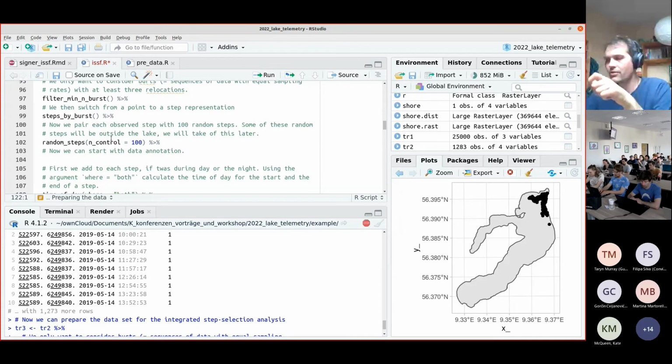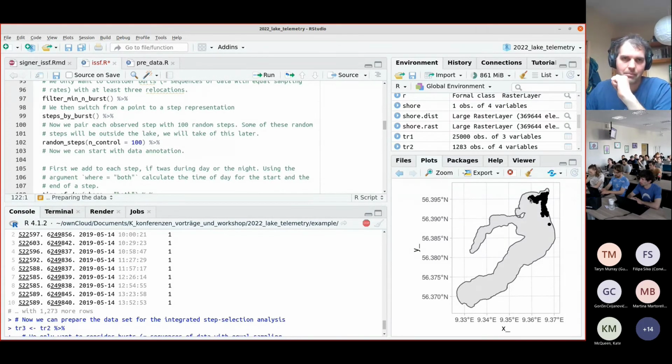I said before there's no rule of thumb how many control steps there should be. Here we have the additional difficulty that we are in a lake. So there's nothing that prevents R from taking control steps outside the lake, but we have to remove them afterwards